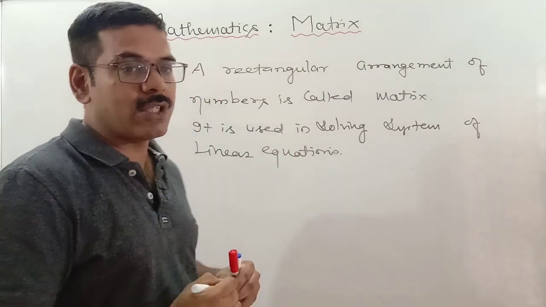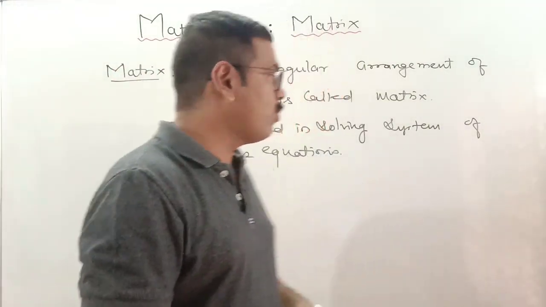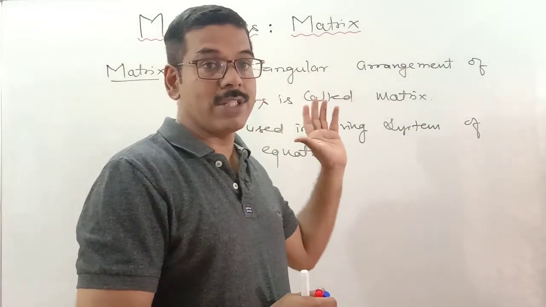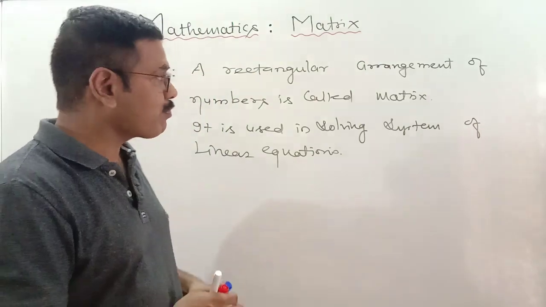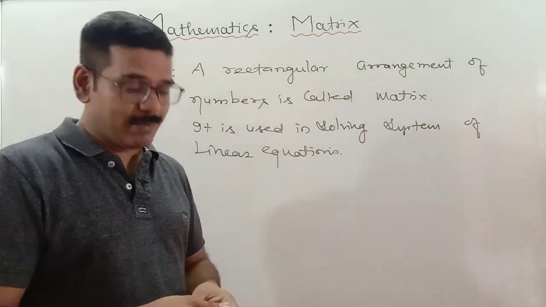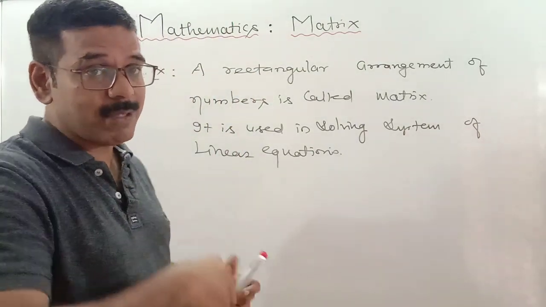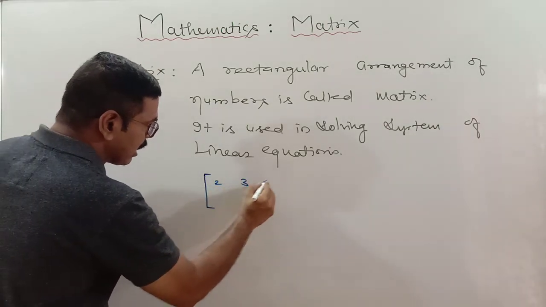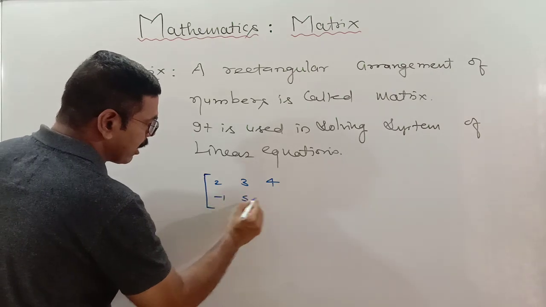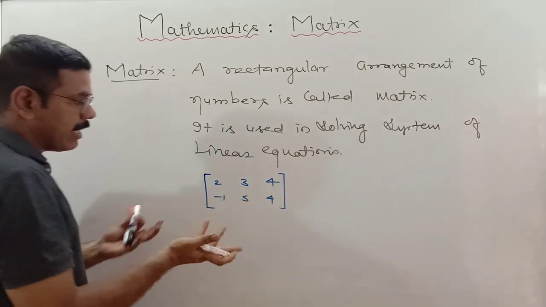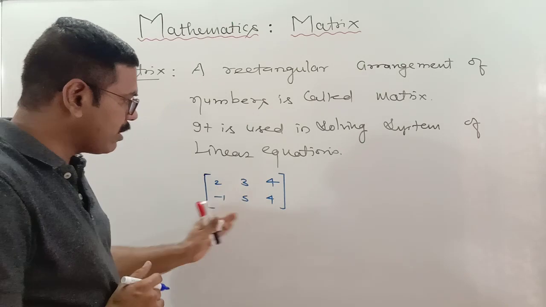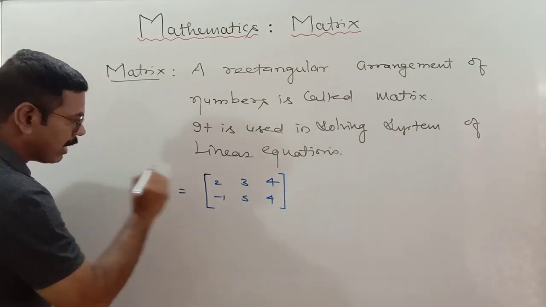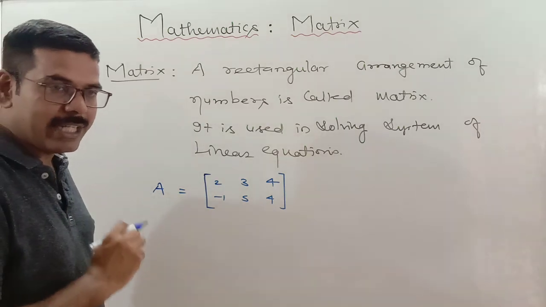Okay, when you will just go in class 12th, you will be studying how to utilize the matrix method to solve a system of linear equation. Okay, so a rectangular arrangement of numbers. What kind of rectangular arrangement? Please see that. See, it is a rectangular arrangement of numbers. Any number may be there, the elements of the matrix. This is a matrix, and the matrix may be denoted by any of the capital letter of English.